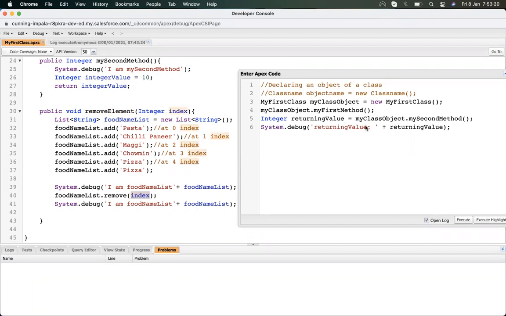So how am I going to use that? I will come up here and declare my object, call remove element, and then pass the index. Suppose I pass the second index, so chili peri gets removed.